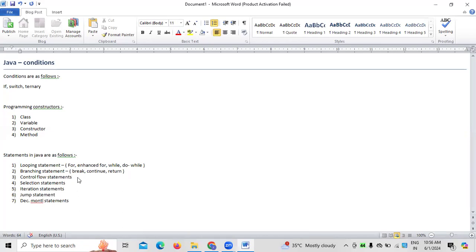Okay, right. So these are all what we call branching statements. Next one is about the control flow statements. Generally, control statements normally